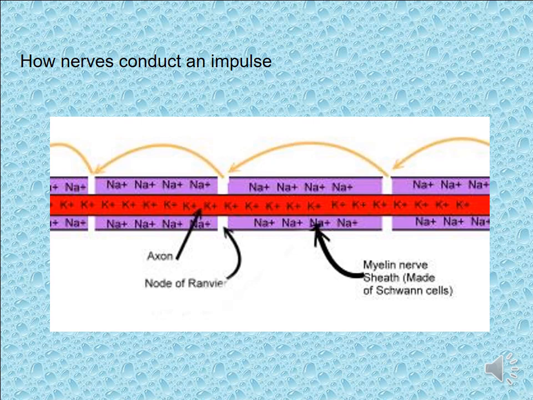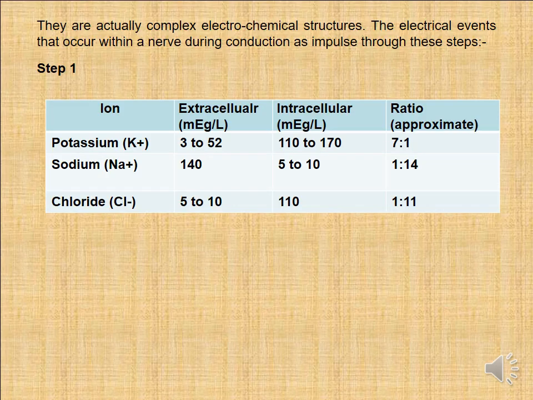The myelin, when we have impulse function, they are actually complex electrochemical structures. The electrical event that occurs within the nerve during conduction of an impulse goes through steps. We have three steps in the formation of an impulse. The first step: